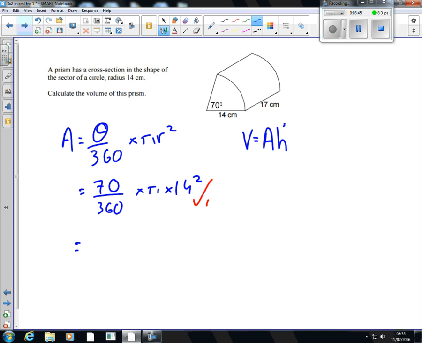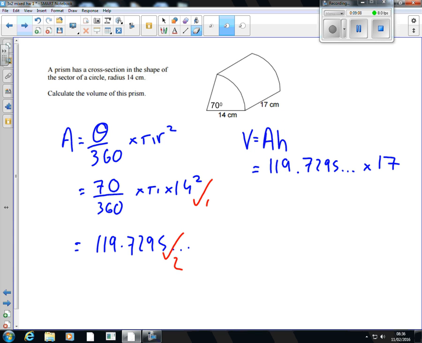And for running through it, it's going to be 119.7295 and so on. If you've got that anywhere, take your second mark. Okay, now we know what that area is. Do the 119.7295, etc. times by the height, which is our 17. I'm just going to move that wee dot from there because I don't want it looking like it's squared. And then that becomes 2035.402 and so on, which can round to